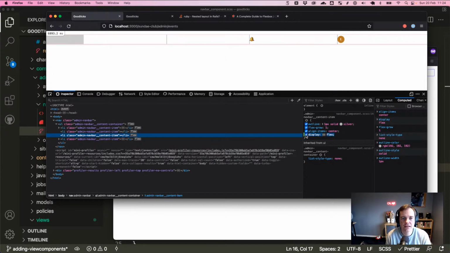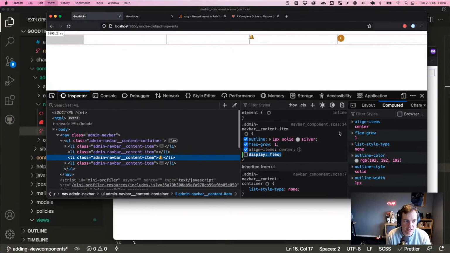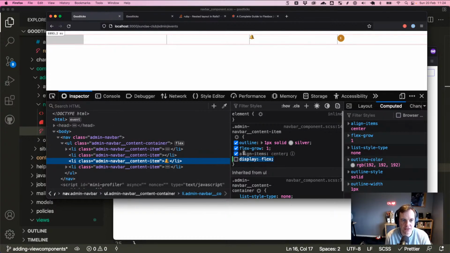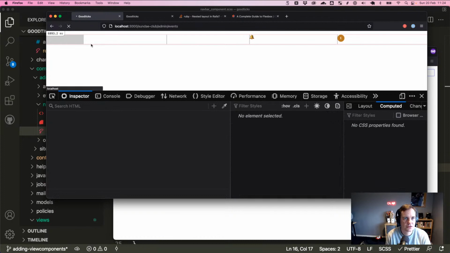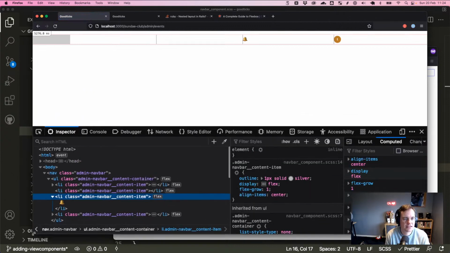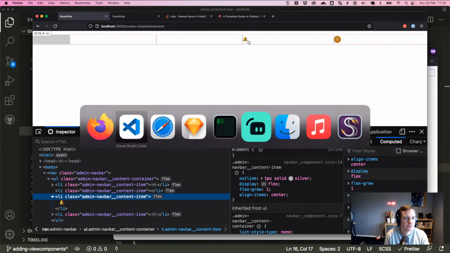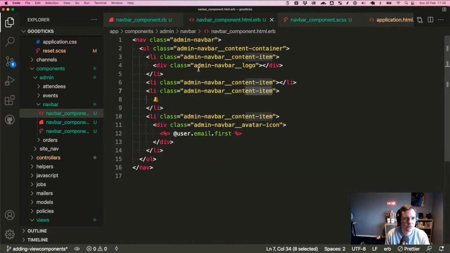I love this little helper thing in Firefox grid tools. I don't know if you can read it because the font's super small. Hang on, let me make that bigger here. When you have a CSS property that's not kicking in, Firefox shows a little eye icon, and when you hover over it, it tells you what to fix in your CSS to get it working. It's super helpful. There's a little bell icon, and then over here we want